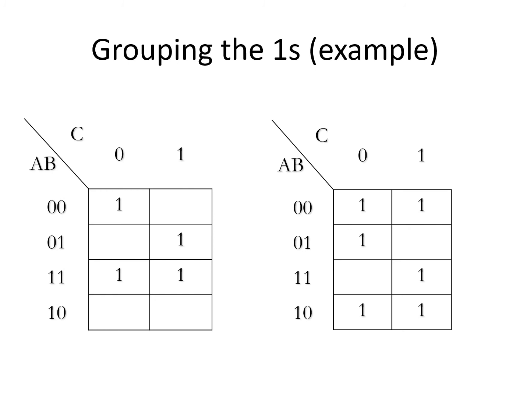We'll try to group. So when you try to group, there's the first example. You have one group, they have adjacent cells. Now, when you look at the next, you have one more group, as this is a new group which includes a new one, the one which is not already grouped. With that, we could finish off, and one is lying alone. That cannot be grouped with any of the others. Now with the second example, you could see you have one group. As we have seen, there is an adjacency in that manner. So there is a grouping of 4 ones. That is the maximum group. Now you can have the other ones also grouped like this.